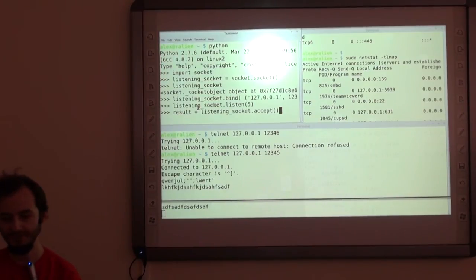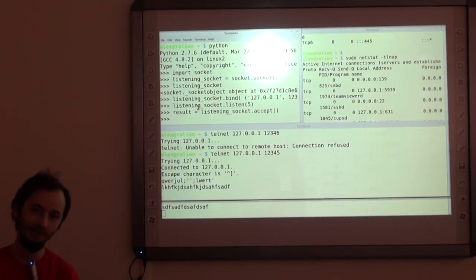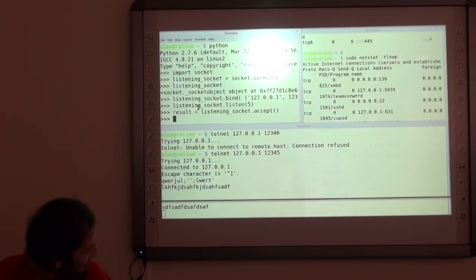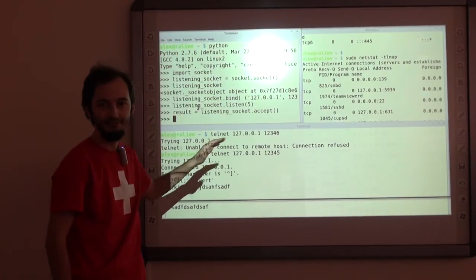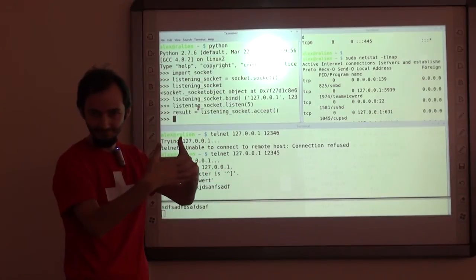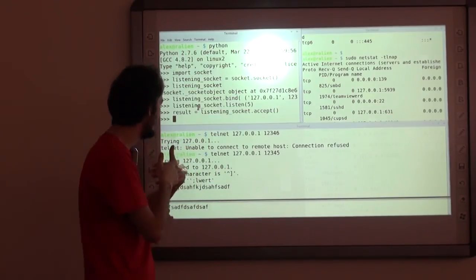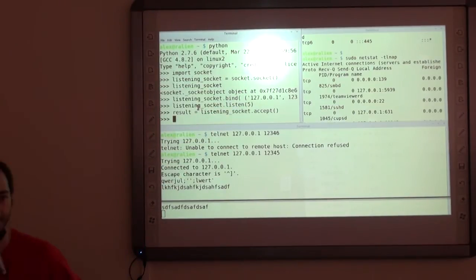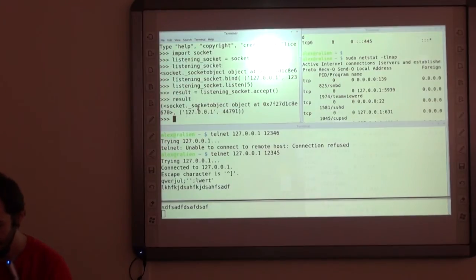So I am now going to call the accept function. And it has returned right away, while I told you back in the other room that it's a blocking function. The reason it returned right away is because we've had this client already trying to be in a conversation with our server. Now, the accept function returned me something, which I stored in the variable that I called result. If I just do this, result, it shows me what I'm looking at.